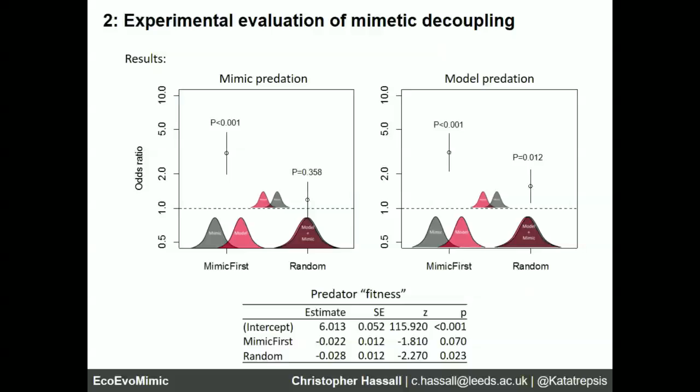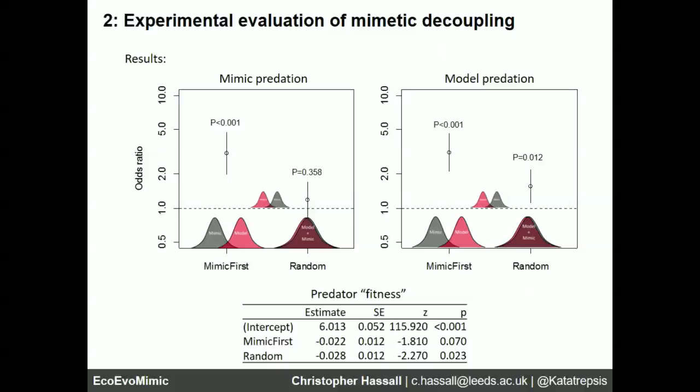And that's pretty much what we see, actually. So this turned out as we'd expect. The horizontal reference line is the hazard rate or predation rate from the model first experimental runs. On the left, we have the mimic first, where on the left plot, we see the mimics have a far higher predation rate. And on the right-hand plot, you can see that the models also suffer as a result. So you're seeing costs to both models and mimics when the mimics are presented first, exactly as we would expect.